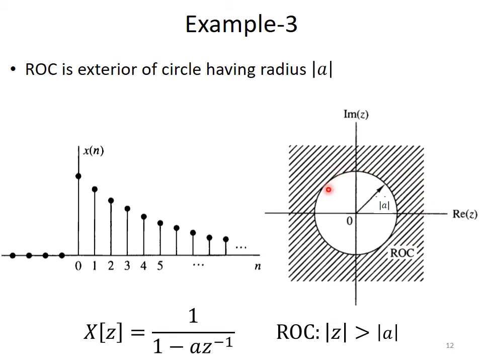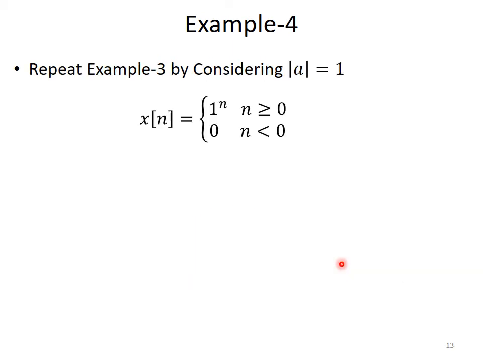This one. Now as long as the values of z lie outside this circle, the series or X of z would have a finite value, otherwise infinite. So the region of convergence for this sequence is outside this circle, the exterior of this circle. Inside the circle,